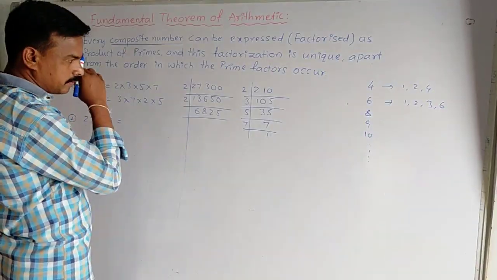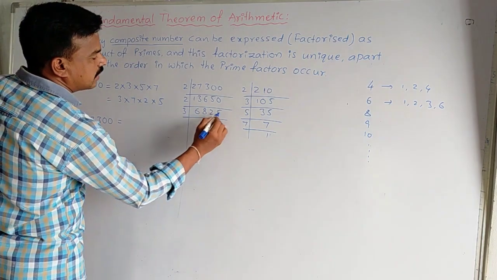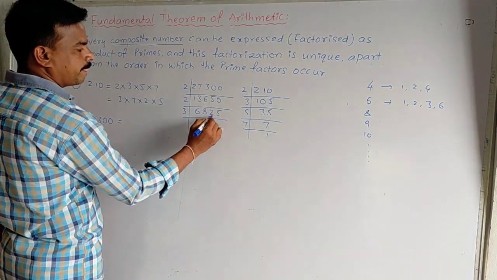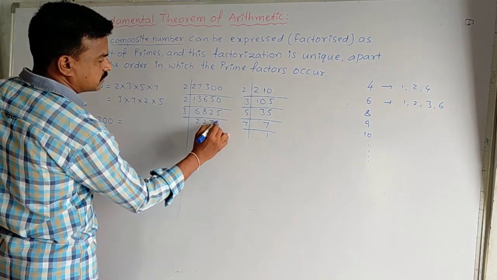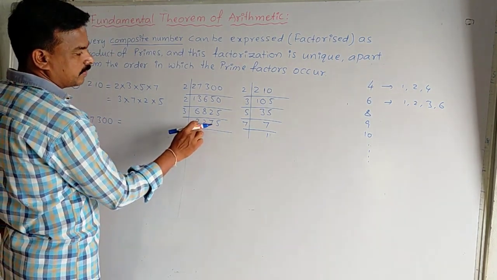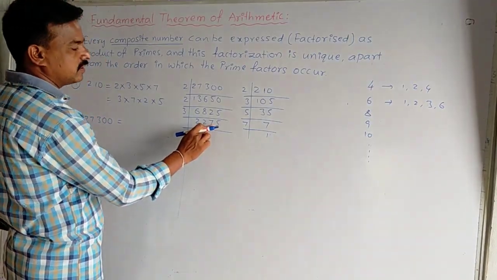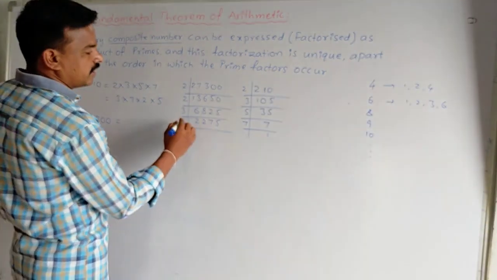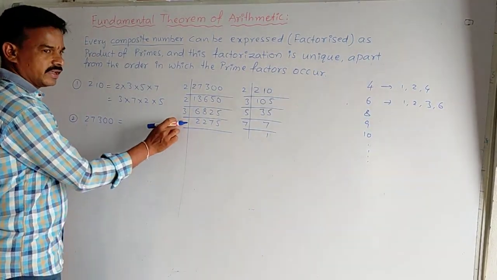This 21 is divisible by 3. That's why the number is also divisible by 3. So 3 2 is 6, 3 2 is 6 again, and 2 remaining 22, 3 7 is 21. Next one, 3 5 is there. And then it is not divisible by 3 table because of 2 plus 2 is 4, plus 7 is 11, plus 5 is 16. 16 is not divisible by 3 table. That's why it is not divisible by 3, so don't take 3 again.